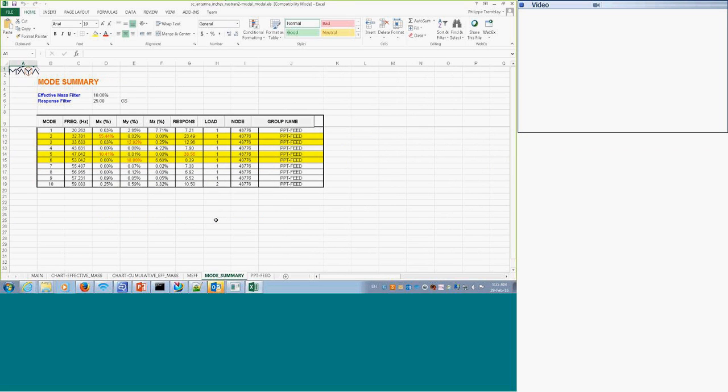If I look at our results right now, it combines the modal effective mass and the responses that are interesting for me. And it shows which modes are important. So which modes have either more effective mass in any direction or have more than 25 G response in my group. I could have put 10 groups here and the group name would be here.